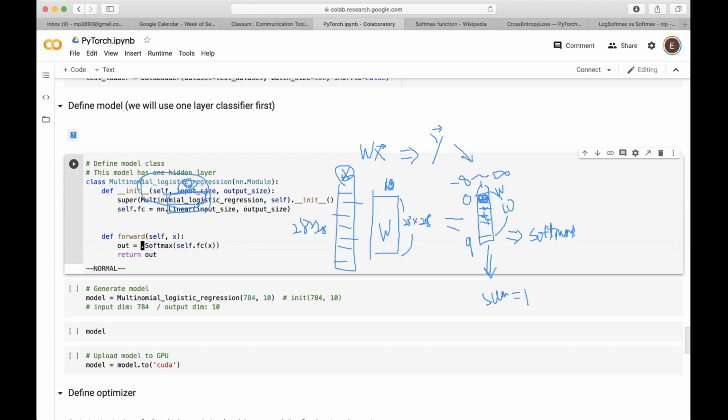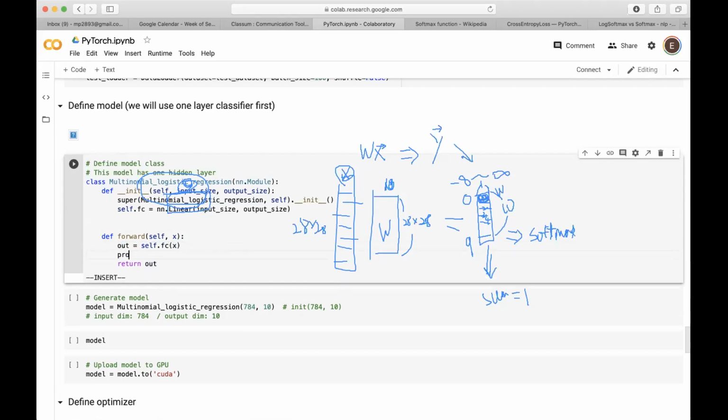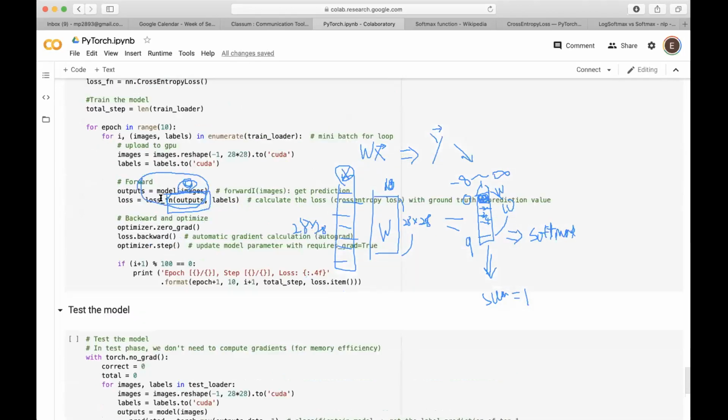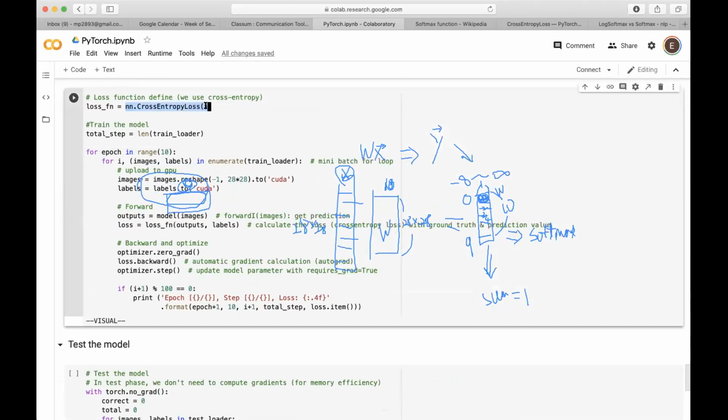So if this is out, then probs are torch softmax of out. If you have the softmax function and then you take the probs out, then this becomes a proper multinomial logistic regression, which is basically a maximum entropy classifier. You need to do this to make it into a proper probability classifier, but we didn't, and the reason is that we are using something called cross-entropy loss. If you look it up,